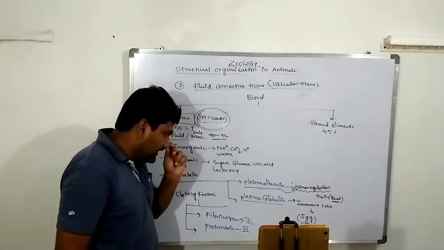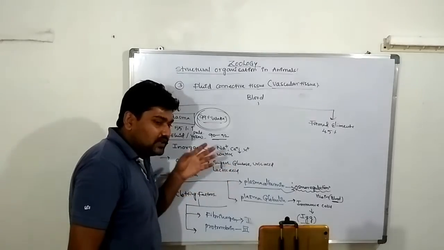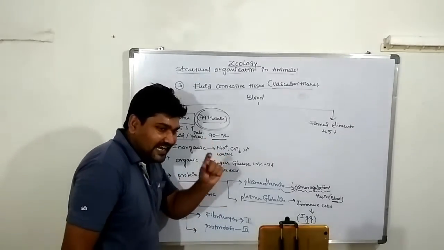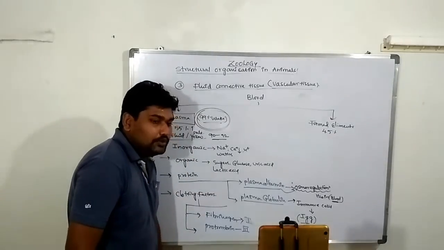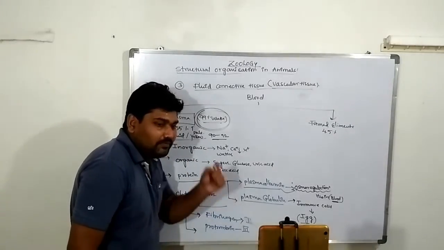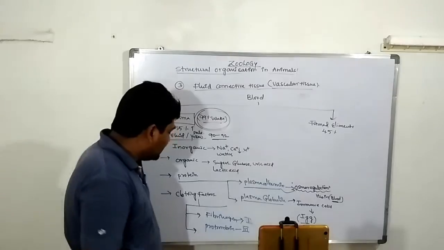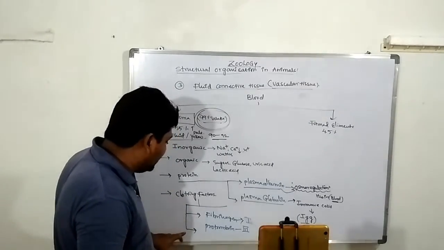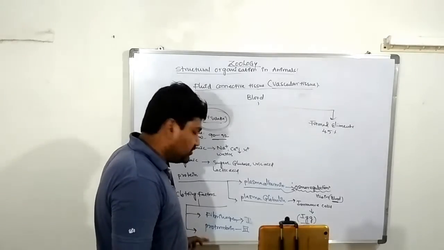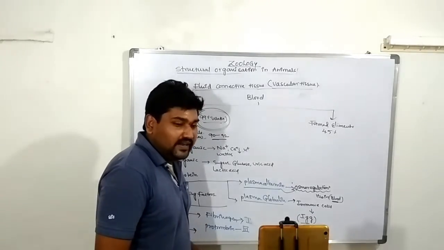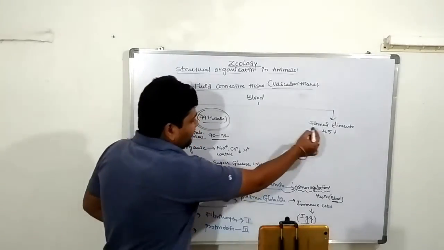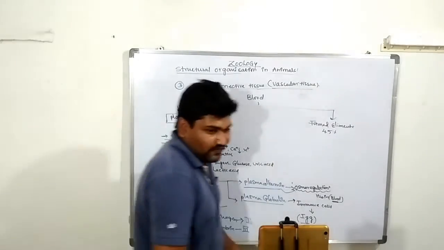Next, plasma globulin acts like an immune cell. It is involved in the formation of IgA and IgG. It fights against antigens. The last one is the clotting factors, known as fibrinogen 1 and fibrinogen 3. Both act as clotting factors and prevent blood loss. The second component is the formed elements.